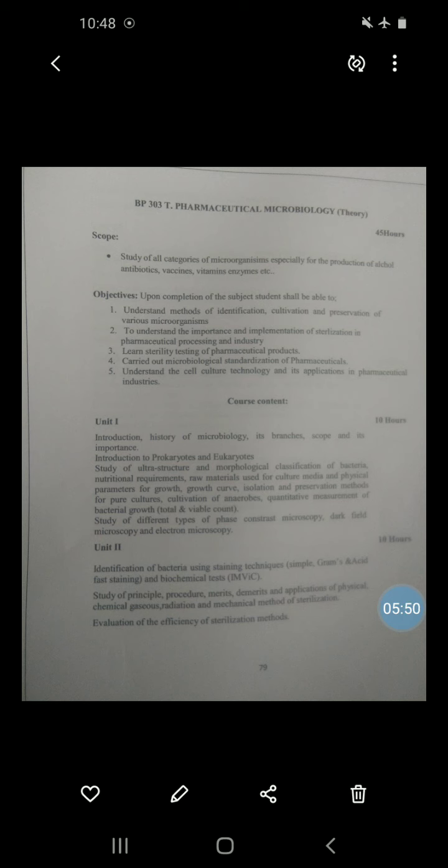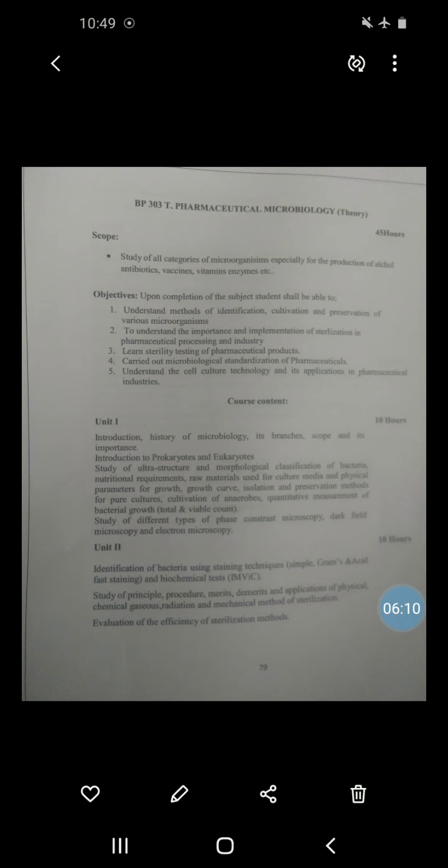They do not rupture during filtration, but the solution might get absorbed by the filter pad itself. I am repeating here: these asbestos or Seitz filters do not rupture during filtration, but the solution might get absorbed by the filter pad itself. Then an alternative type of filter is the sintered glass filter.